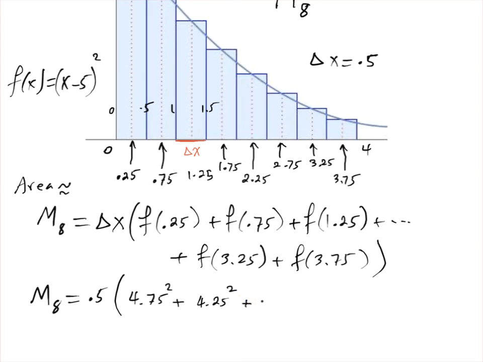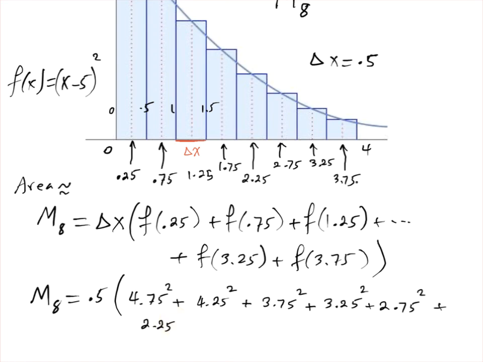So the next amount would be 3.75, but you have to square it because the function requires it. And then the next would be 3.25 squared, and then 2.75 squared. Make sure you add 8. 1, 2, 3, 4, 5 plus, I'm going to continue here,